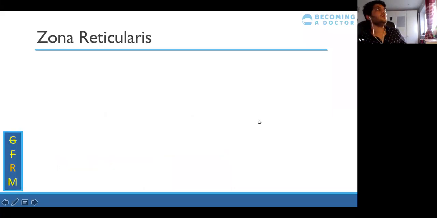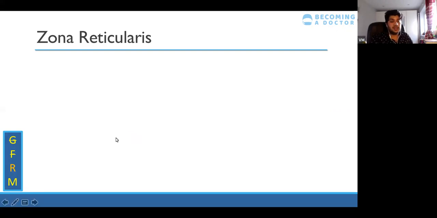Okay, so now we've had a look at the first two layers of the adrenal cortex. We've had a look at the Zona Glomerulosa, which deals with salts, the Renin-Angiotensin-Aldosterone system, and the regulation of blood pressure mainly. We've looked at the Zona Fasciculata and its role in sugars, cortisol, and Cushing syndrome. The last zone of the adrenal cortex is the Zona Reticularis, and that is to do with sex hormones,